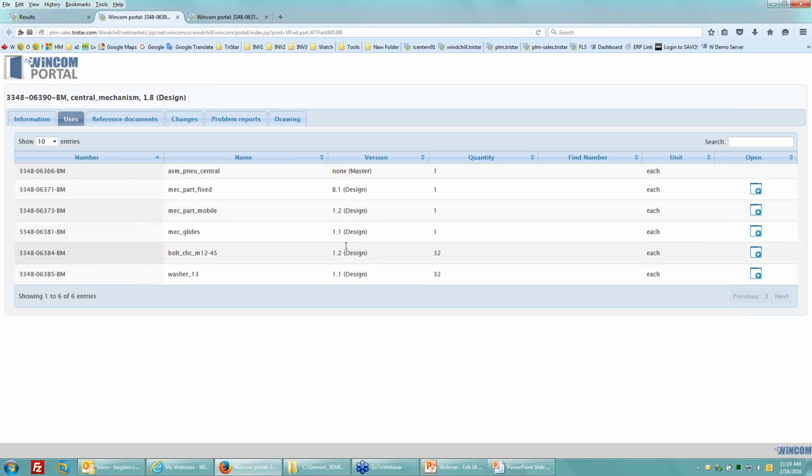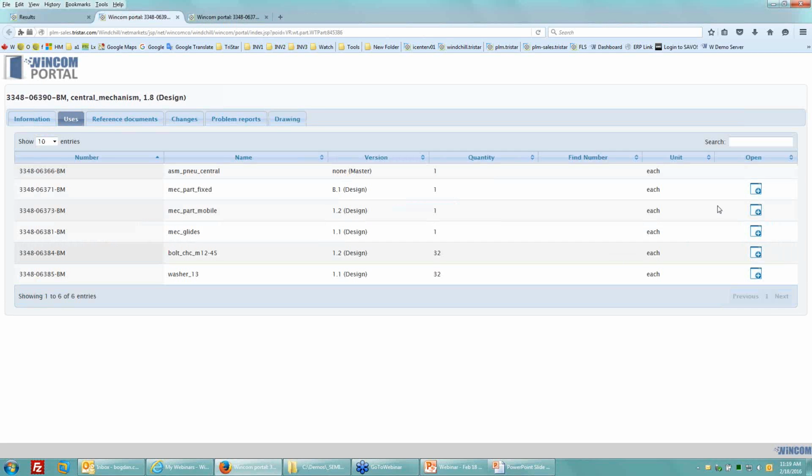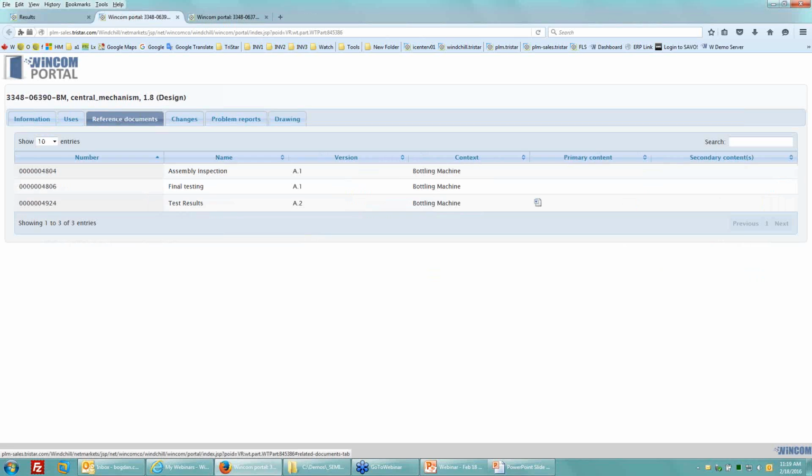So if I want to take a look at some information about one of these components, I can click on this link here, and this will bring me into the portal view of that component. This one doesn't have any viewables defined for it, so I'm not going to go into it. Under the reference documents in Windchill, especially if this is a WTPart, not a CAD document, you can associate documents to that part number. And these are the documents that have been associated within Windchill that are coming in as reference documents within this